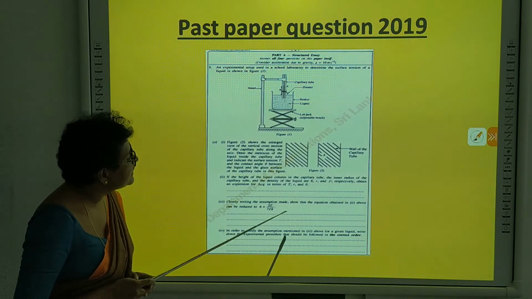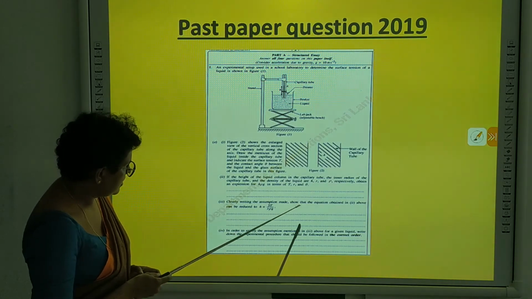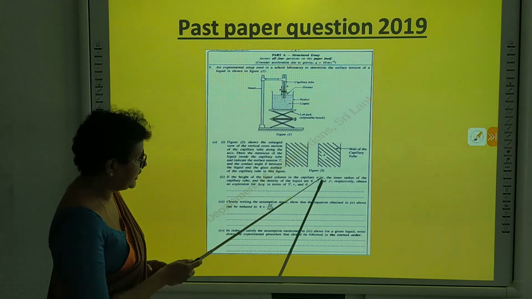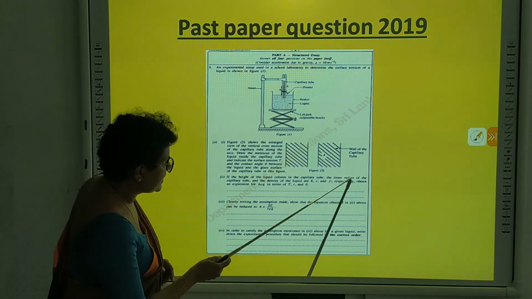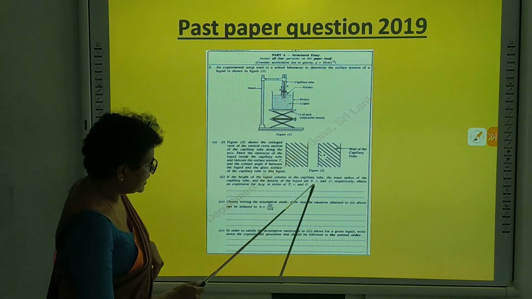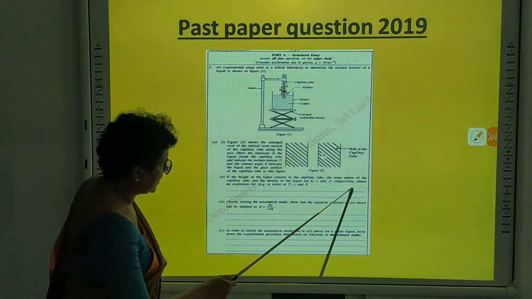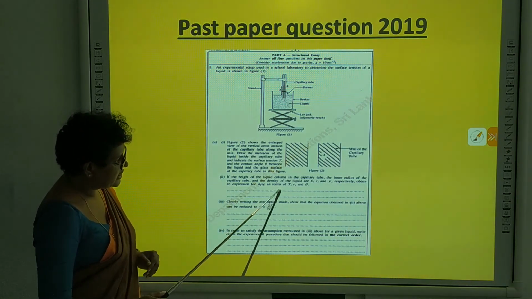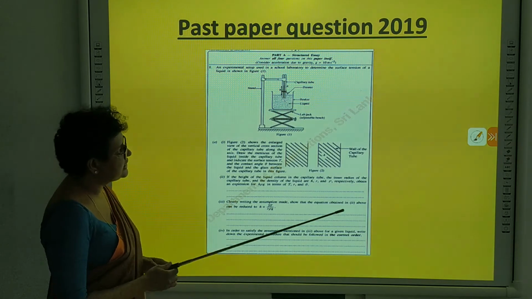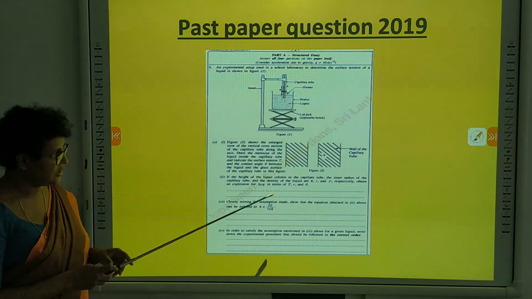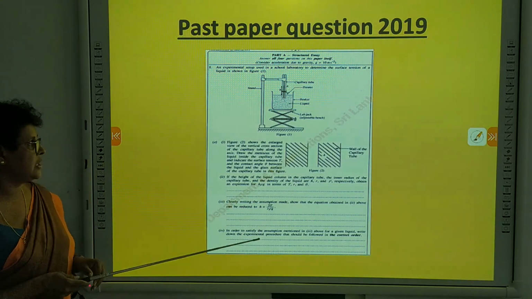Clearly writing the assumptions made. So this question, right? If the height of the liquid column in the capillary tube, the inner radius of the capillary tube and the density of the liquid are h1, r1 and rho1 respectively, obtain an expression for h in terms of T, r, rho, g and theta. We did it earlier, right? So no need to show it again. So you can derive this equation, right?